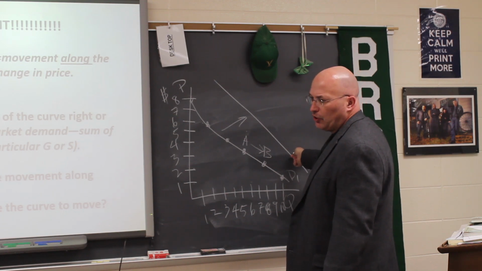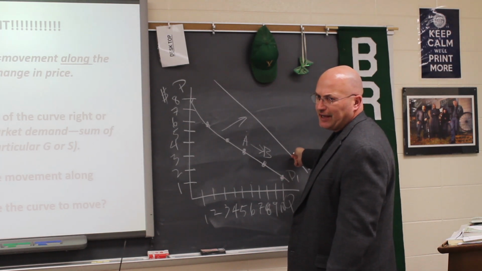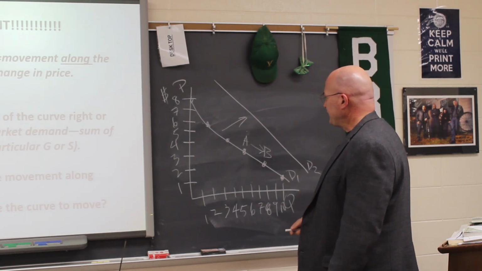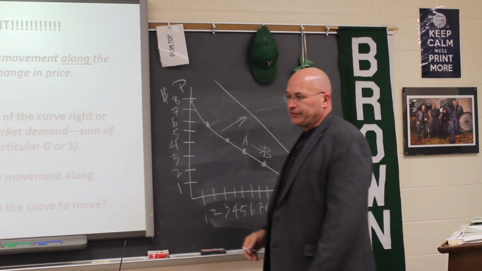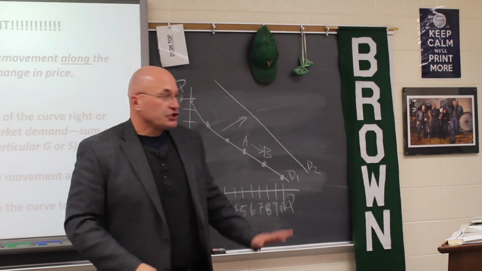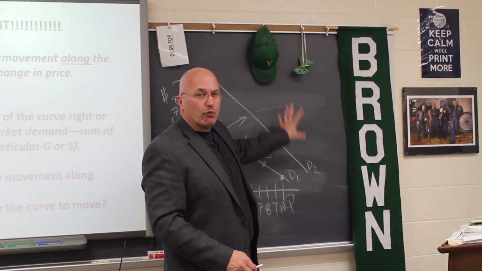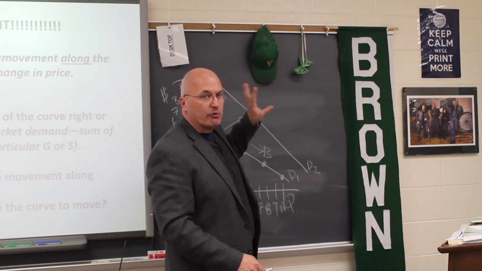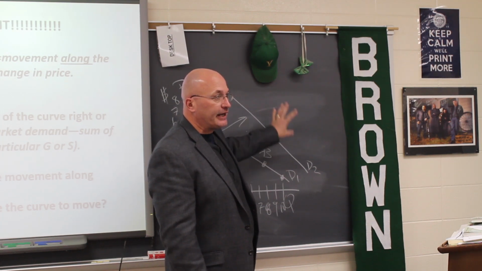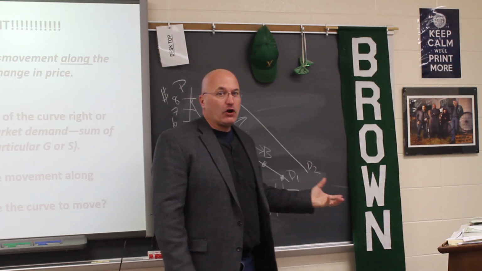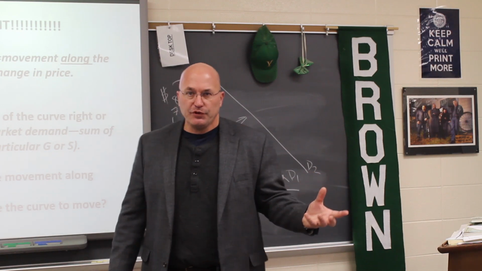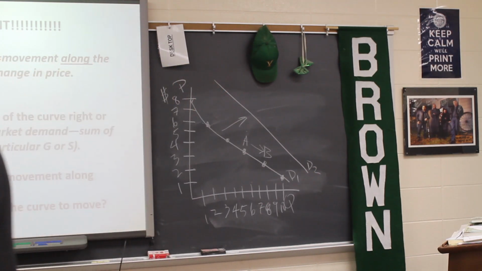So, for an example, when the United States came out of the recession, demand curves in all kinds of markets shifted to the right. Why? Because people were willing to consume more. They were willing to spend more money. They had the money and they felt comfortable with spending it. Okay? So that's